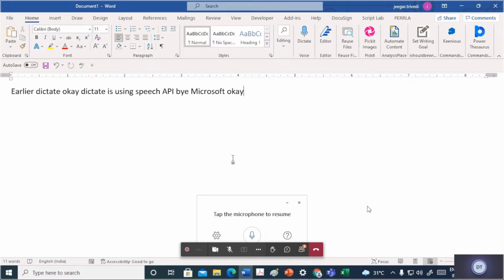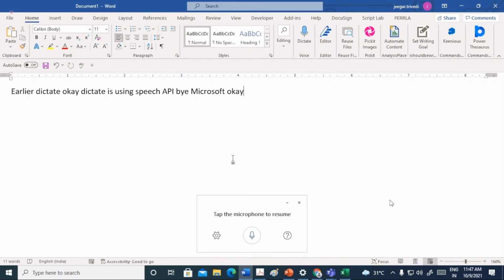Okay, now I have muted the mic. So whatever I have spoken, it has typed. Obviously there are spelling mistakes in that, but they are minor and can be corrected. So if you are fluent in English, if your tone is absolutely clear, your microphones are absolutely clear, then you don't need to type a single word in Microsoft Word.